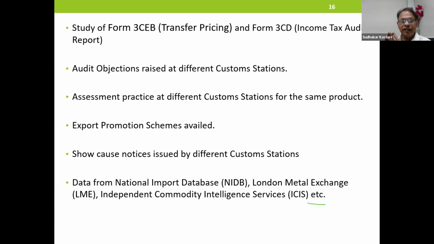Assessment practice at different customs stations for the same product. Export promotion schemes availed. Show cause notices issued by different customs stations. And never forget data from the National Import Database, London Metal Exchange, Independent Commodity Intelligence Services, etc., available to the Customs Department.